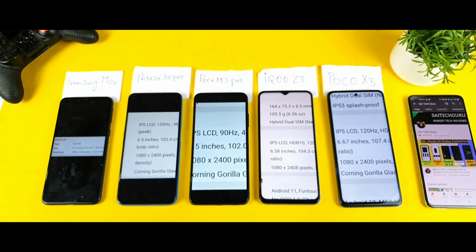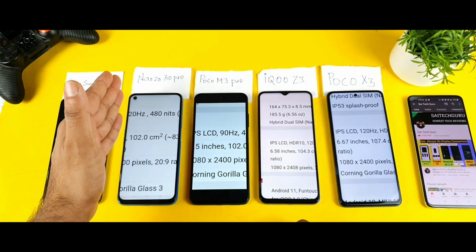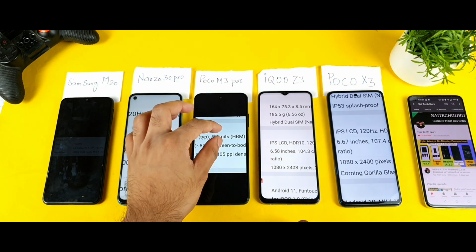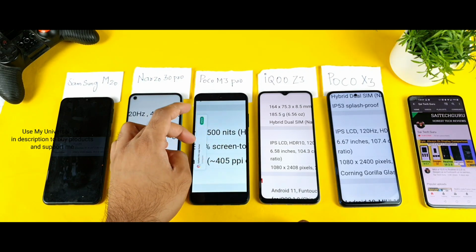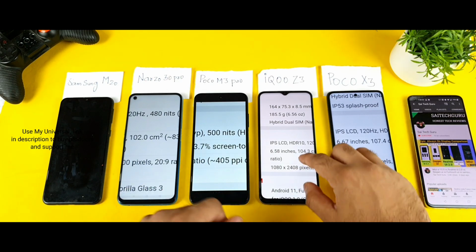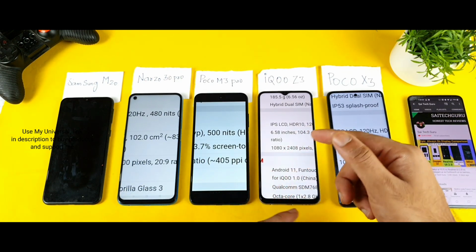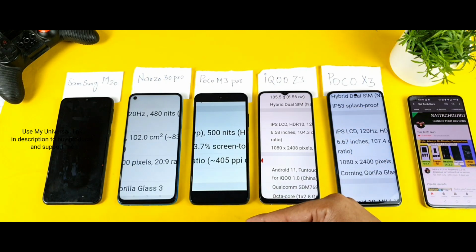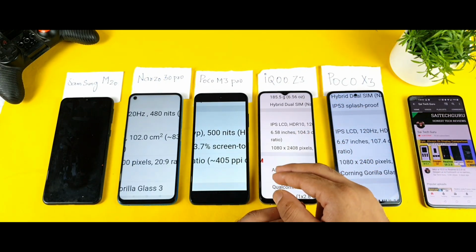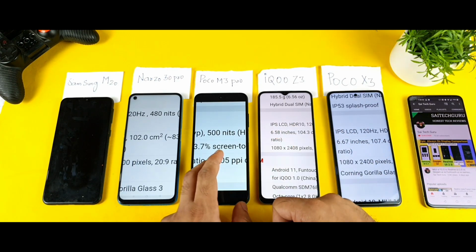And the peak brightness is 480 nits in the Realme Narzo 30 Pro, as you can clearly see friends. And in the Poco M3 Pro, it did say that peak brightness maximum maybe 500 nits, as you can see. That is another thing which I thought of just mentioning. And in the iQOO Z3, I think the brightness was close to 450 nits as well. I think it's the same in the iQOO Z3, 450 or 480 or maybe 430 as well. So I'll try to come back with that information later on. But it's using the same kind of IPS LCD panel display.